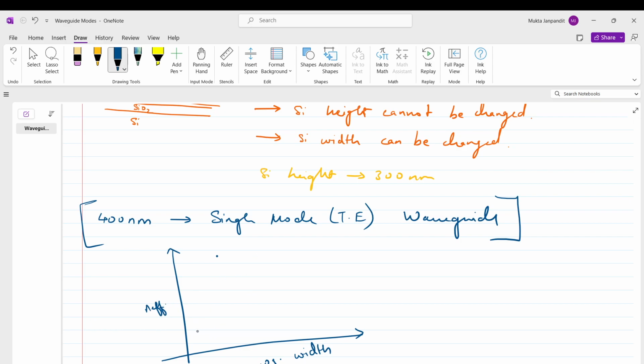So say this is the fundamental first order mode, second order mode, third order mode, fourth order mode, like that.